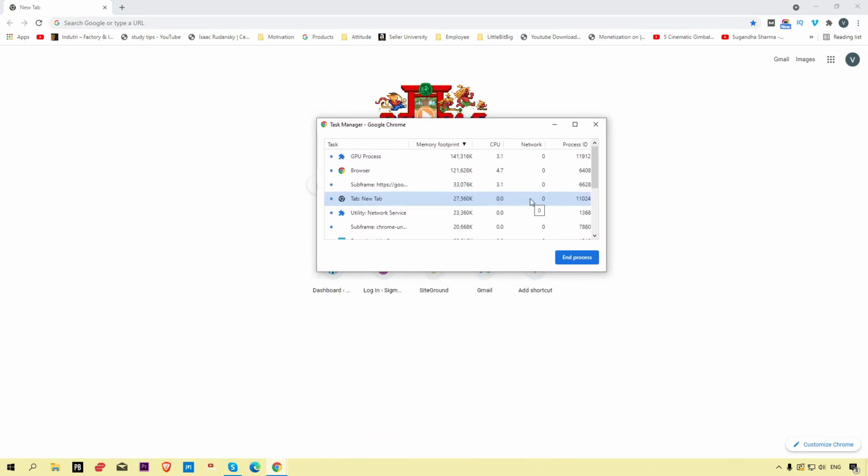Okay, so friend, here you will know what things this Task Manager is showing you. Here you can see which browser tab or which extension or which website is taking too much memory from your Google Chrome browser, so you can easily end that page or end that task, so your browser will speed up automatically.